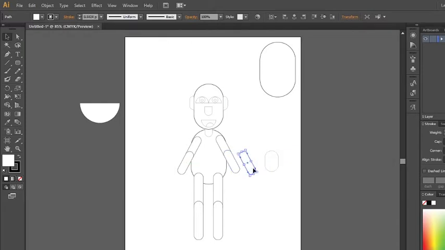And with a copy of this, so that you don't have to always be creating things, you can just use the shapes that you already have to create more shapes. And once you put that there,